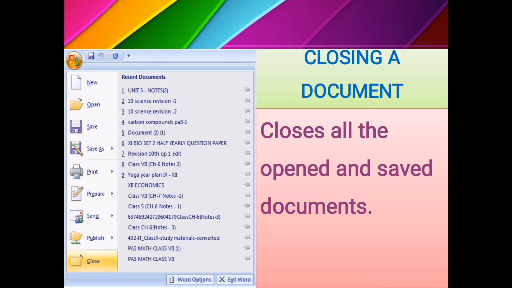Once you type at least one number, one character, or one word, the insertion point gets something in it, which means you typed inside the document, and it surely asks you, do you want to save changes to Document 1. If you open only one document, it will show Document 1. If you open multiple documents, it will show according to the number: Document 2, Document 3, likewise. After you change the name, only that particular document gets saved in that particular folder path.